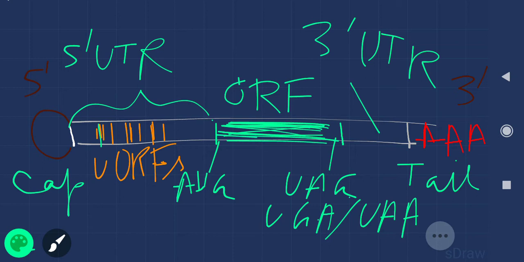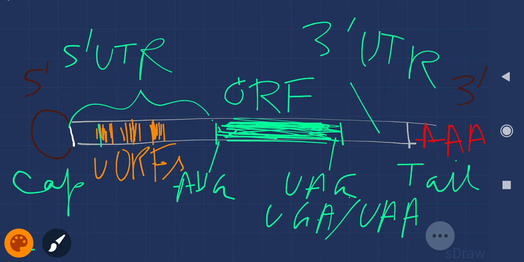I'm shading this to give you a clear view if possible. So this is your upstream open reading frame region. I have shown you 3 here. Okay, there may be more than 3.